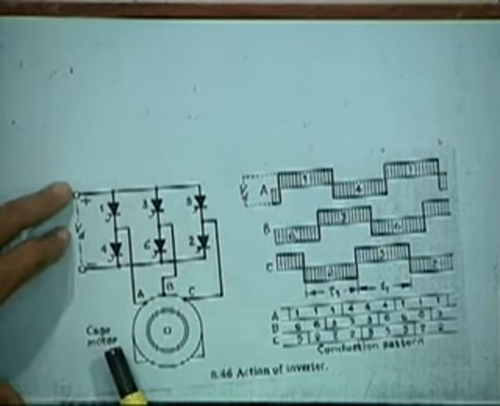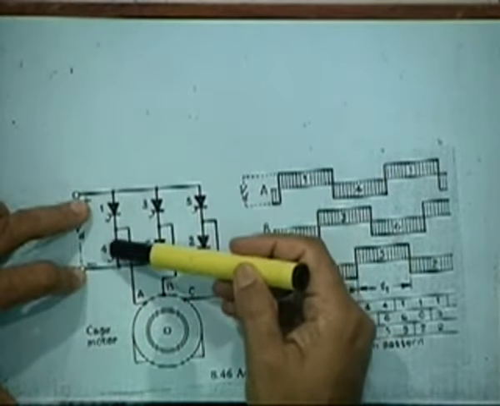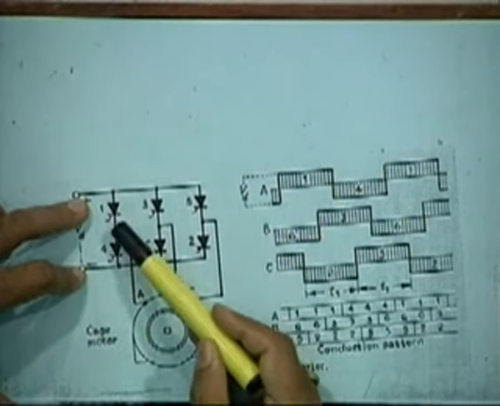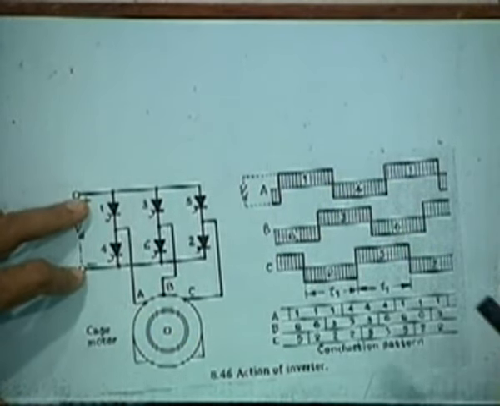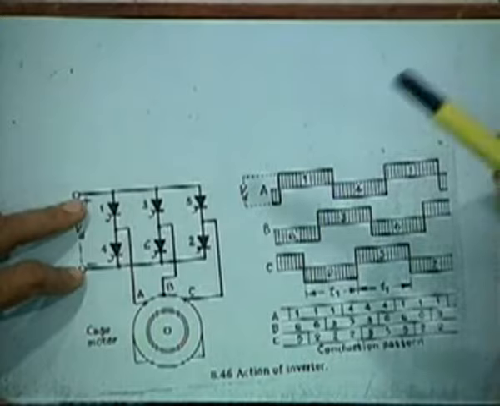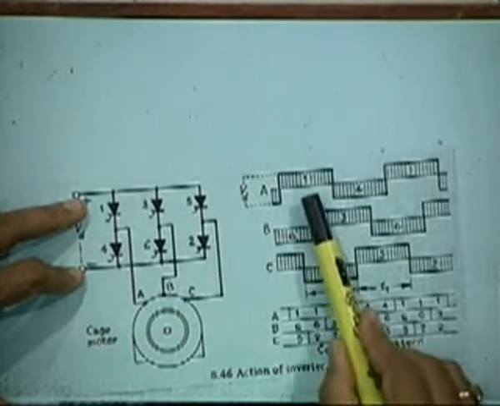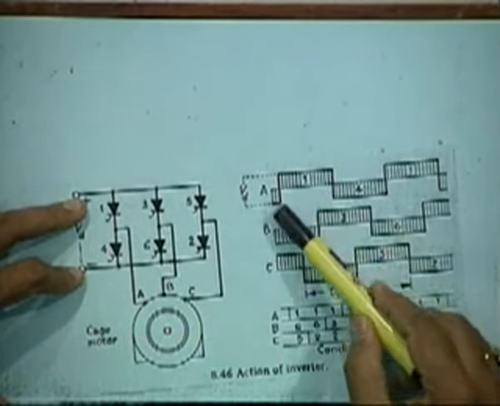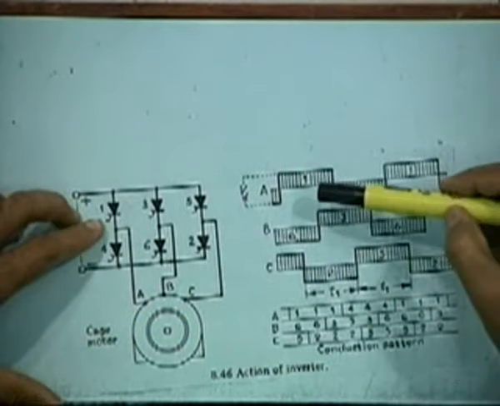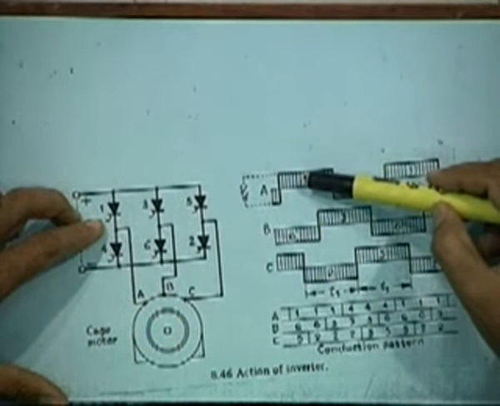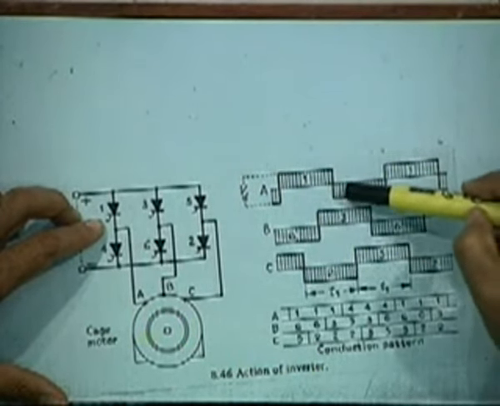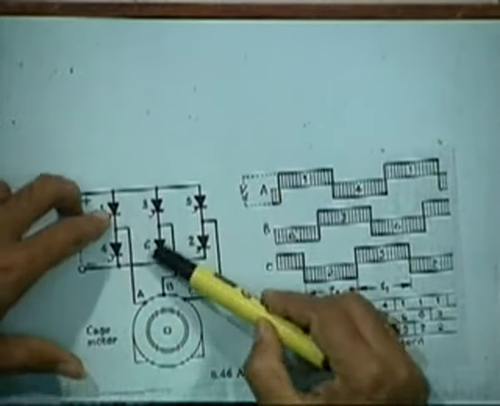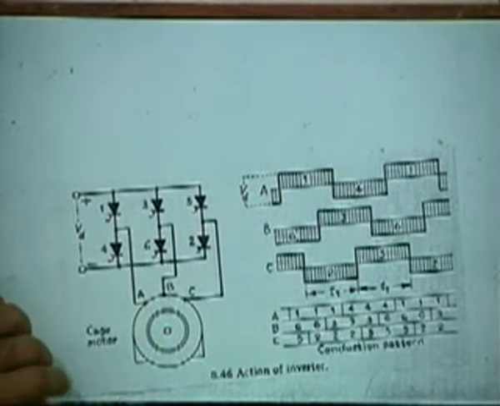is the cage motor. As I told you, the switches are like this, and then you have the voltage that is controlled. The switches, just 1 minute. You can have these, how you switch for the ABC, like at one instant you have 1 and 6, then 1 and 3, and 4 and 3, like that. So any 2 of these 6 switches are being operated.